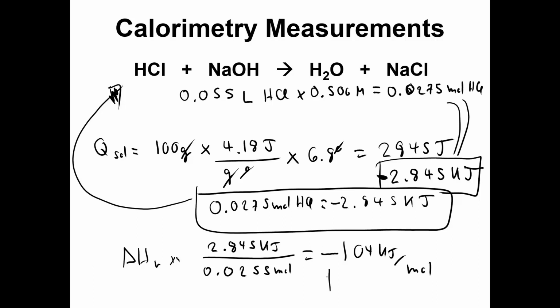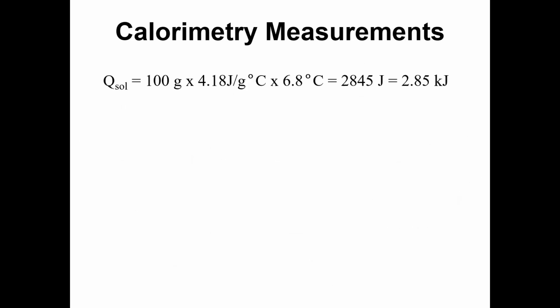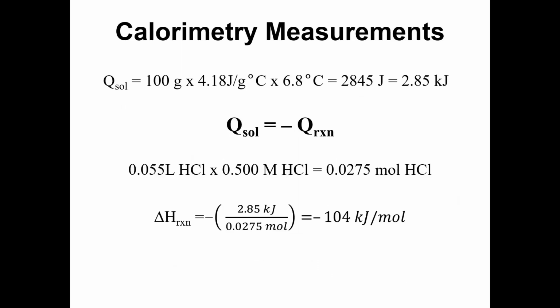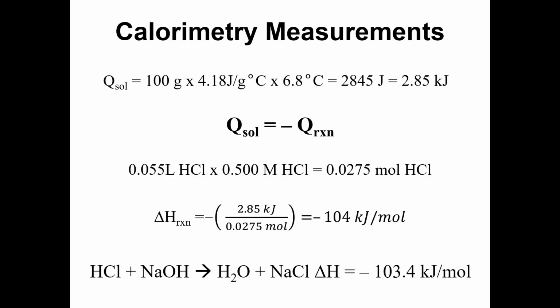So this is where this comes from. So I can calculate molar heats based on these types of measurements. Okay, so here it is all worked out one more time for you to see, cleaner than with my handwriting, right? And so we write these reactions like that. We then put the balanced reaction there, and then we simply write delta H equals minus 103.4